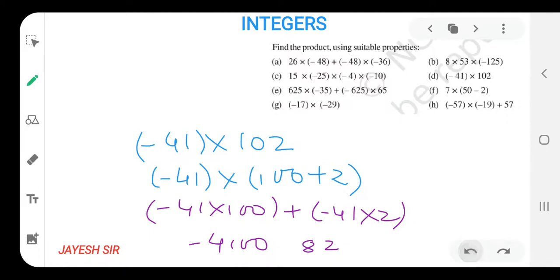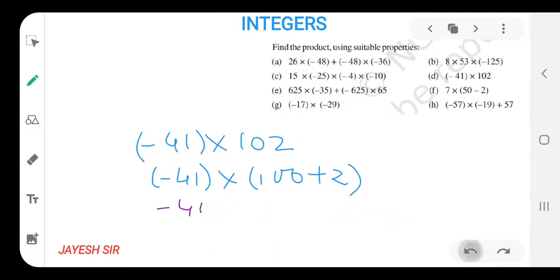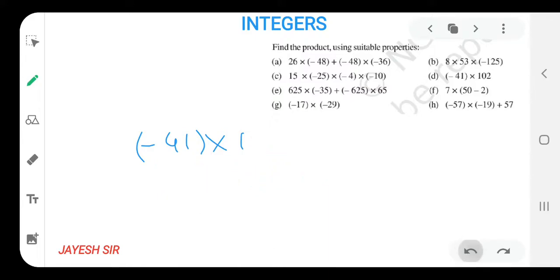So let's solve the fifth sum based on that thing only. Sum number five is also similar to the fourth sum, as I can directly see a property in this sum. Try to solve it on your own. Can you see a property in this sum? I am able to see a property in this sum. So let us see which property works over here.